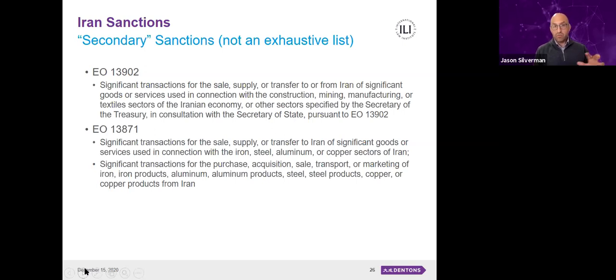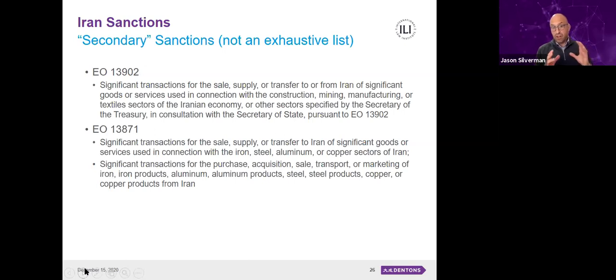authorities that includes executive orders. They all stem from statutory authority, obviously, but it can be found in executive orders and also the regulations that we've talked about. Both the ITSR and the IFSR contain secondary sanctions provisions, but a couple of recent executive orders target certain sectors of the Iranian economy. So these